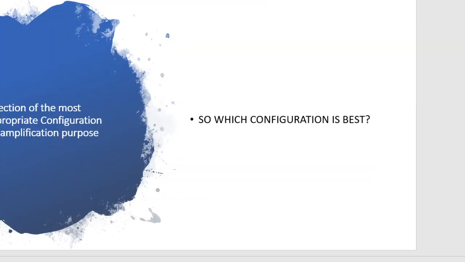Now, which configuration is best? The selection of transistor configuration depends upon the application. As a voltage amplifier, we can select common emitter, is it not? To configure a transistor as an oscillator circuit as well, the CE configuration can be selected. But for buffer amplifier applications, the common collector configuration is most suited.